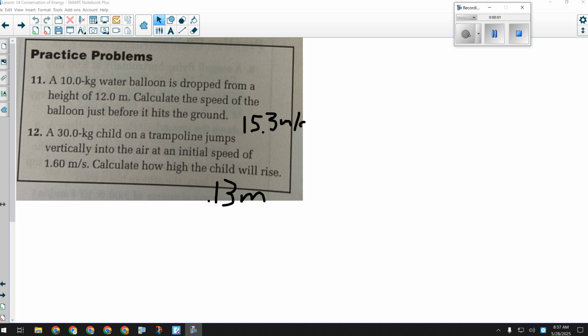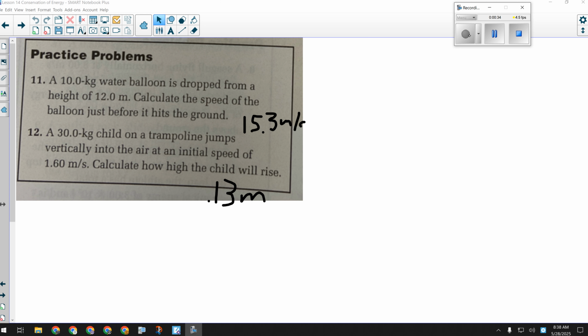Okay, so the concept that you got introduced to yesterday is similar to the work energy theorem. It deals with the fact that energy can't be created and it can't be destroyed, but it can be traded, given, or lost. In the work energy theorem, when work is done, that work is gained or lost as mechanical energy to or from an object. But the amount of energy is always conserved.